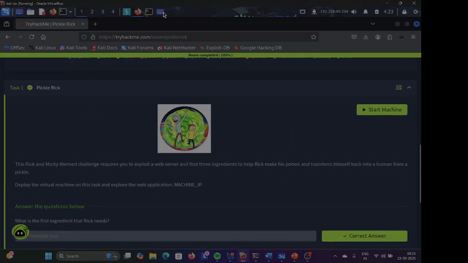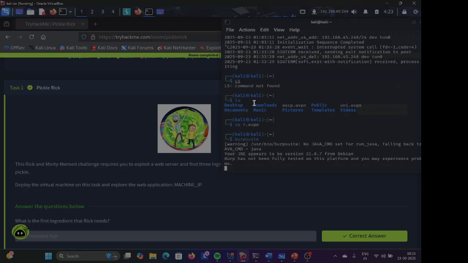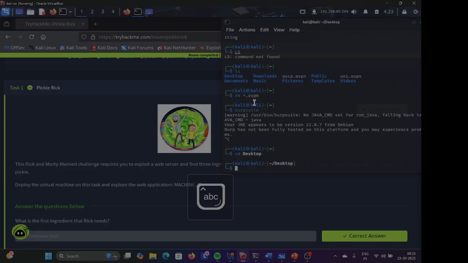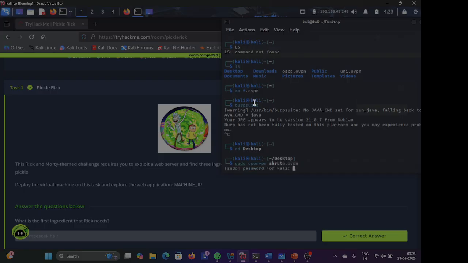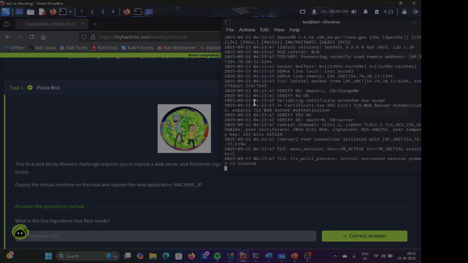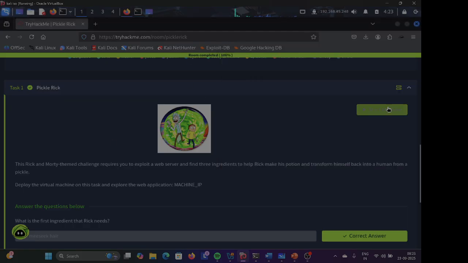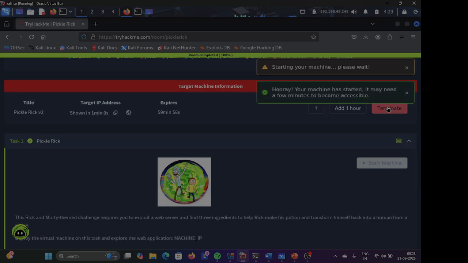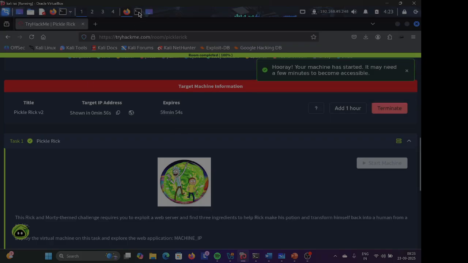So I am opening my terminal and let me just start the VPN file. Desktop, and then sudo openvpn and then the .ovpn file. Okay, so now I have started my VPN. Now let's start the machine. Okay, so meanwhile this is loading,